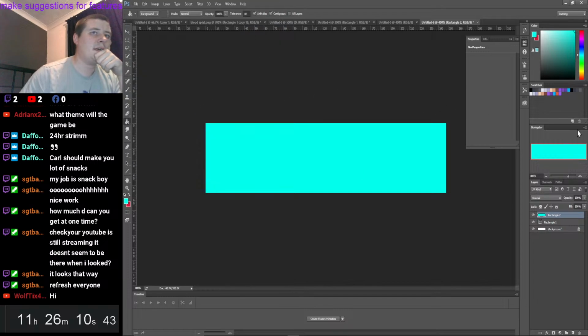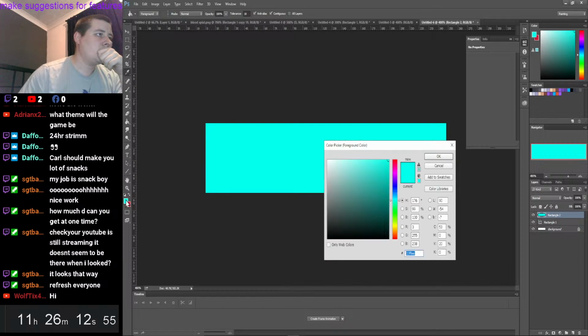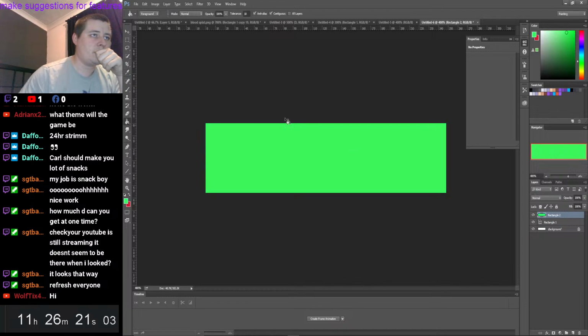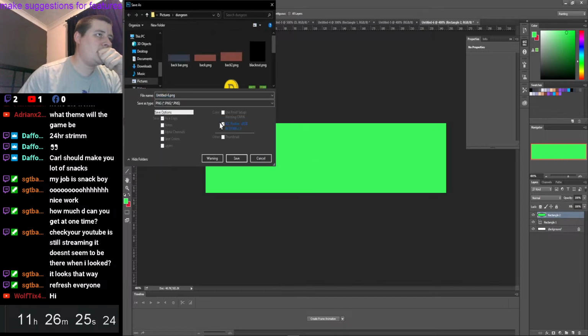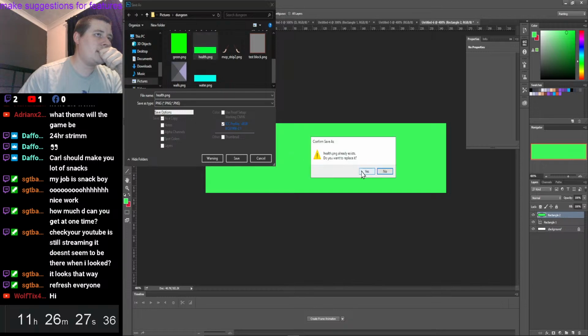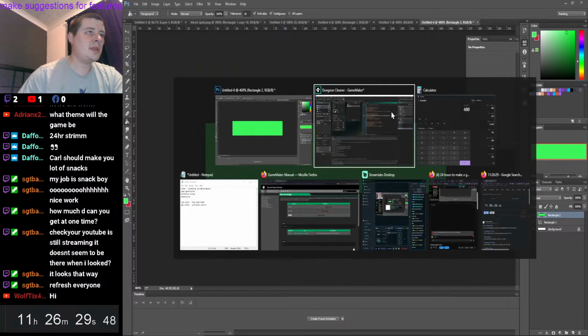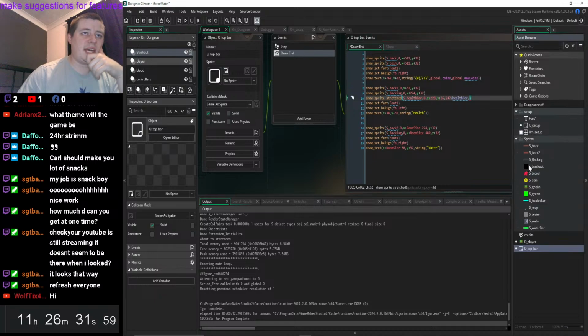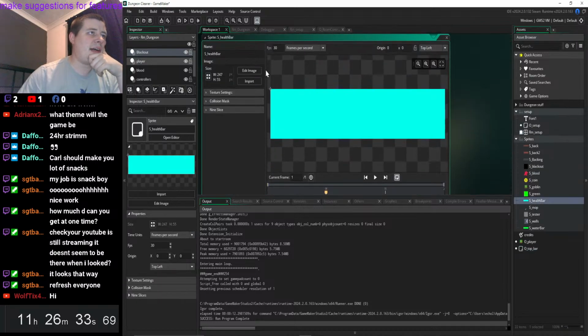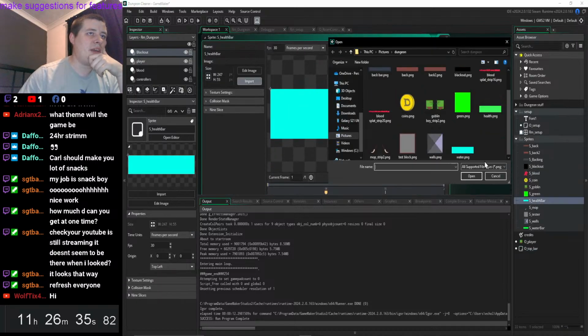Okay, and then because we're never going to get that perfect shade of green again, just go with that shade of green, that'll do. File, save as, PNG. You should always check these things. I don't know why I didn't replace. Yes. And then we're going to have to go into here and replace this health bar with the now slightly bigger one,